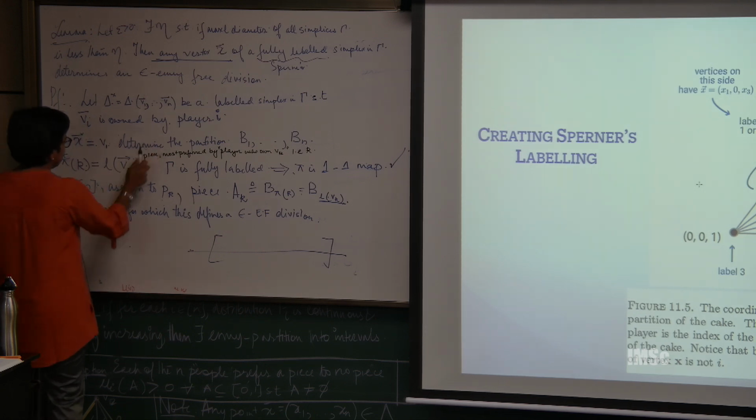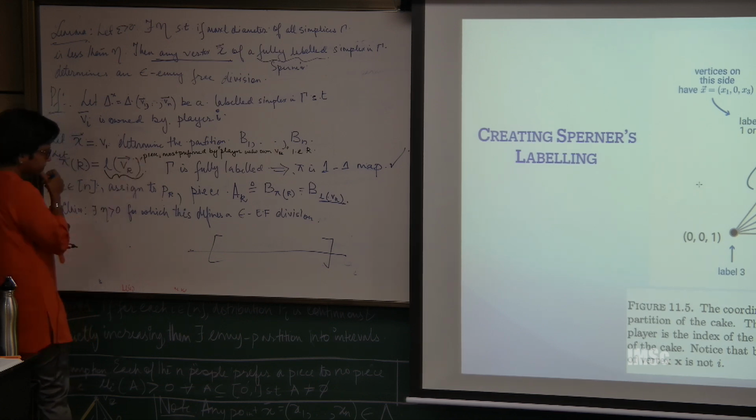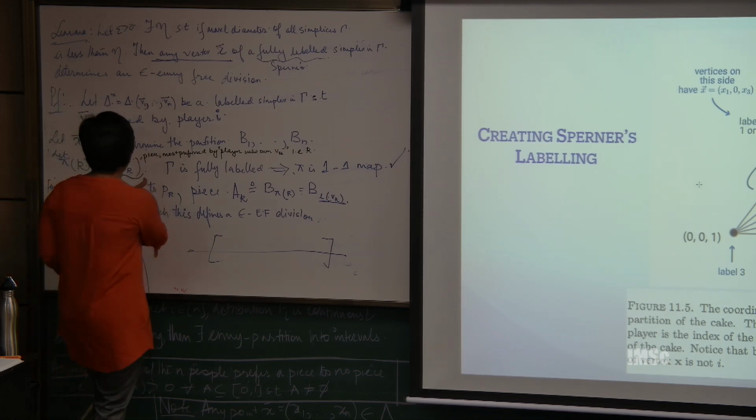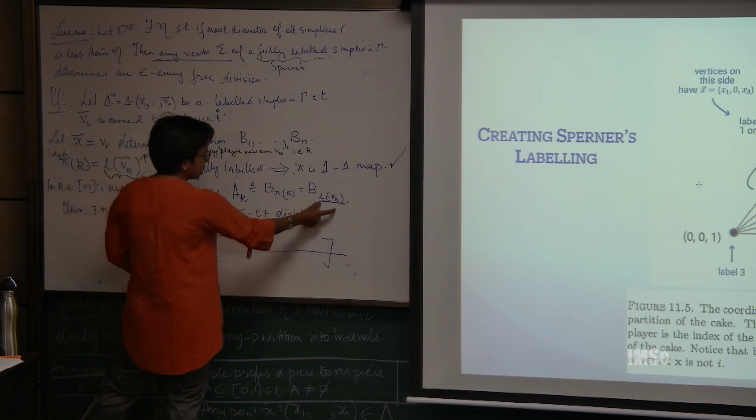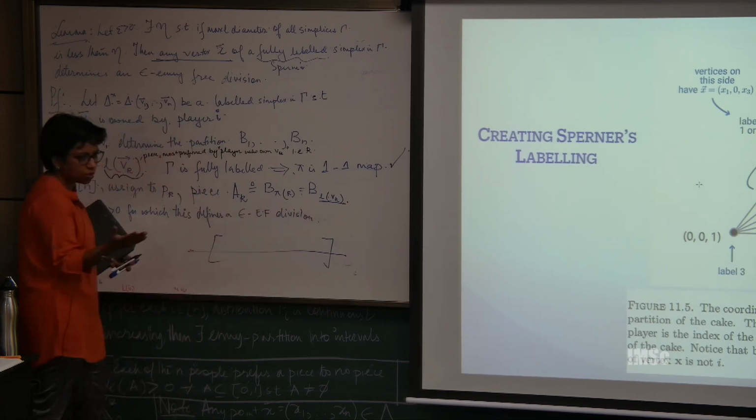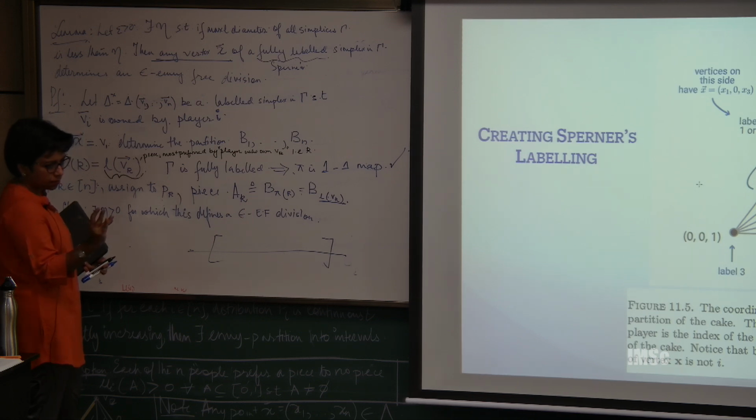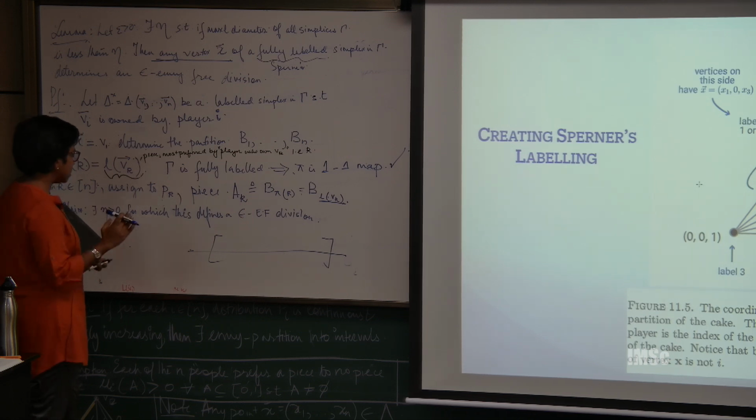This is the labeling that tells me this. This is why when I give this chunk, that bth chunk, to that player k, he does not envy anybody. Okay. I mean that is the point here. Okay, so now,